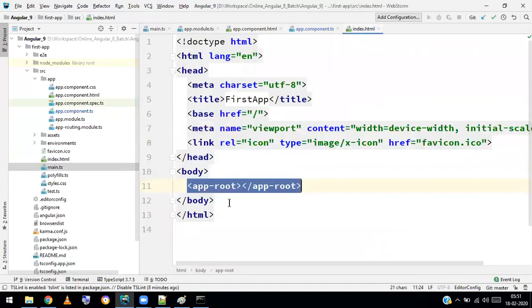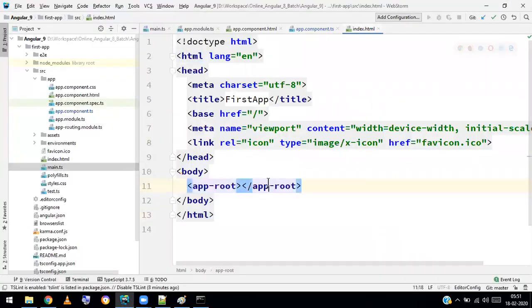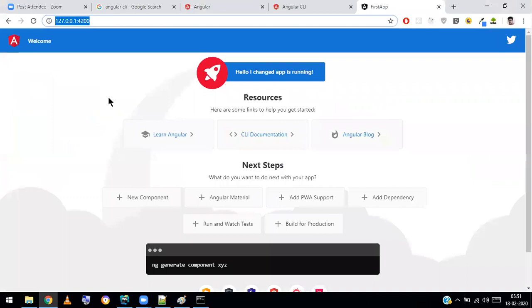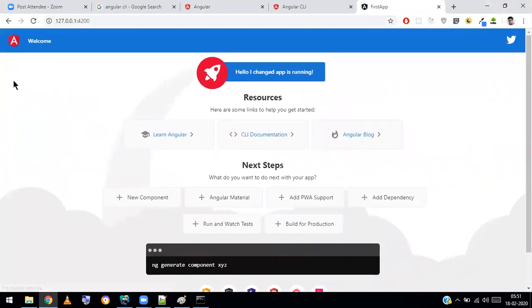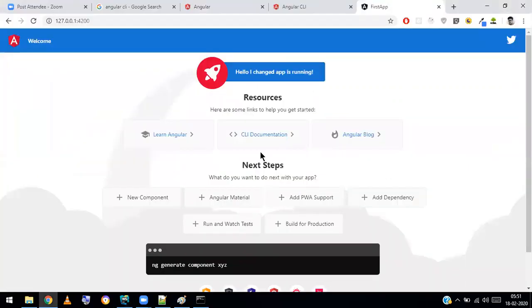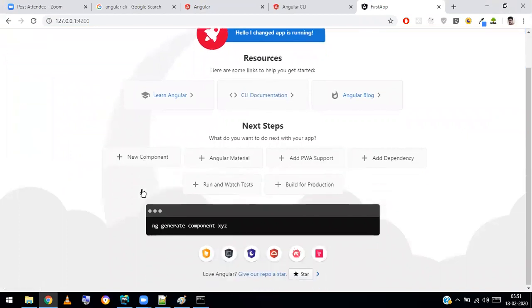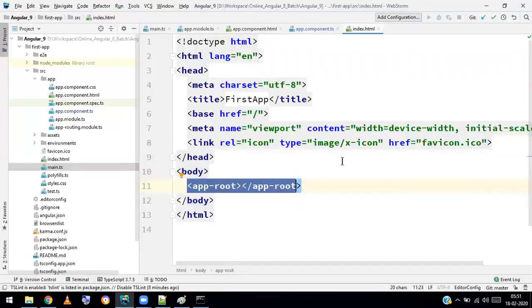And one more thing: I wrote app root only one time, so it displays one time. What if I use the tag one more time, because that's called reusability, right? So I'll add app root one more time. So what happens? See, you have app root here. Oh, maybe they have restricted it, it seems. Actually, if you write your own custom tag, then however many times you use it, that many times it will repeat the same UI. Since it is a root component, maybe that feature is not given for this one.